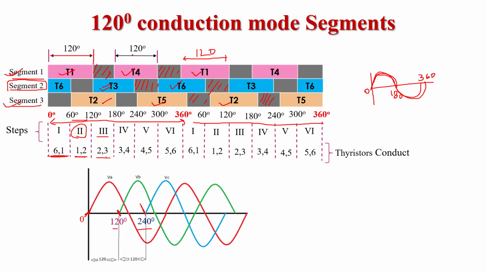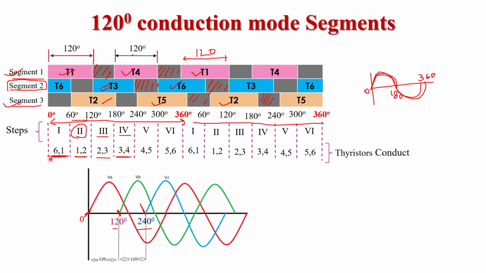So T2 and T3. Again in step 4, 2 thyristors are conducting between 180 degree and 240 degree, T3 and T4. Now in step 5, between 240 degree and 300 degree, again 2 thyristors are conducting, T4 and T5. Now in step 6, again 2 thyristors are conducting, T5 and T6. So by this we conclude that in each step 2 thyristors are conducting, one from the